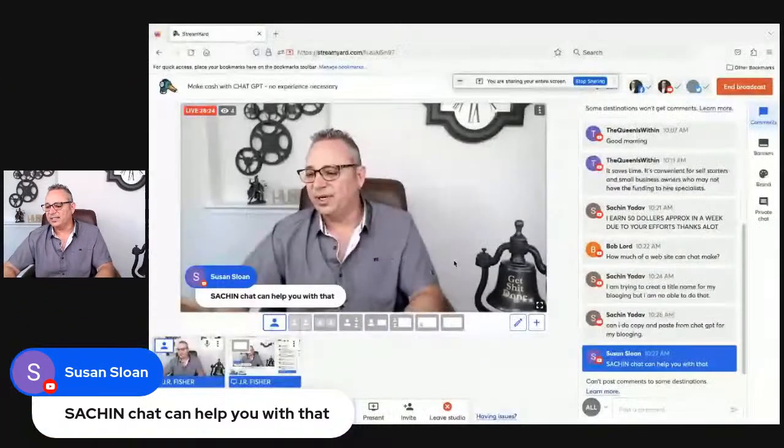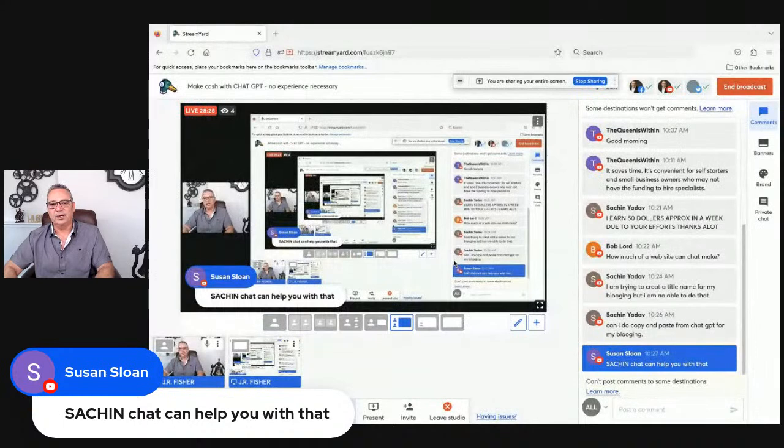Okay, so I'm going to do present, and I want to do share screen. Select window, and I'm going to choose entire screen. Okay, and I'm going to click allow. Let me know when you guys can see that screen. Just give me a little comment in there that you can see the screen. It's going to look like a tunnel of screens until I get to it. Okay, so you can see it now. Cool.